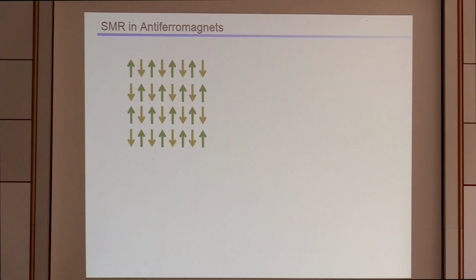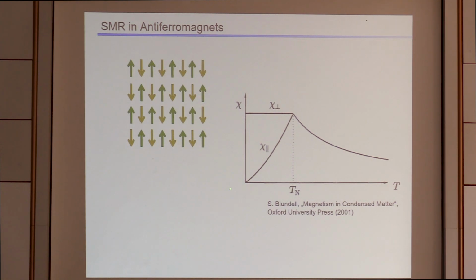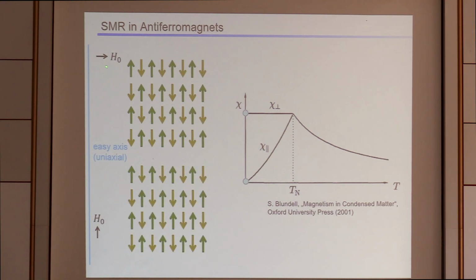Now, if you play with antiferromagnets, the unfortunate thing, and that was the hard part, is that all the tricks and games that you learned experimenting with ferromagnets, you have to let go. Because the antiferromagnet essentially is very weakly responding to external magnetic fields, there is only this susceptibility, which is anisotropic. This is a picture I took from Stephen Blundell's textbook. And this anisotropy has to do with the fact that if you apply a magnetic field perpendicular to this uniaxial